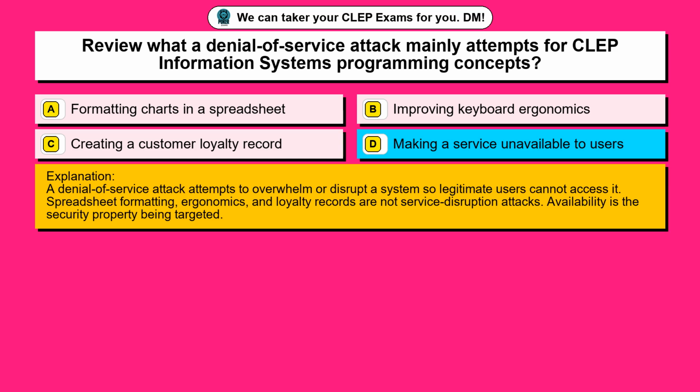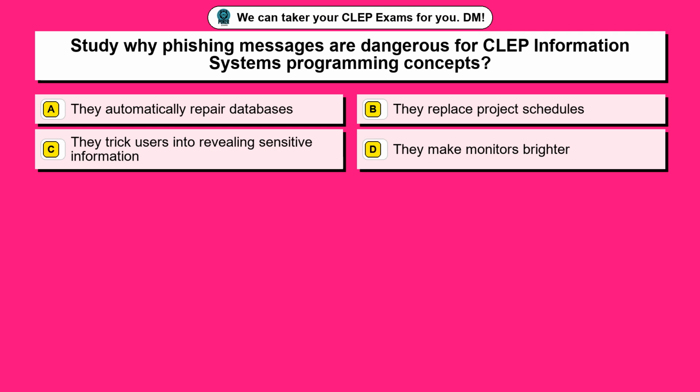A denial of service attack attempts to overwhelm or disrupt a system so legitimate users cannot access it. Spreadsheet formatting, ergonomics, and loyalty records are not service disruption attacks. Availability is the security property being targeted. Question 45. Study why phishing messages are dangerous for CLEP